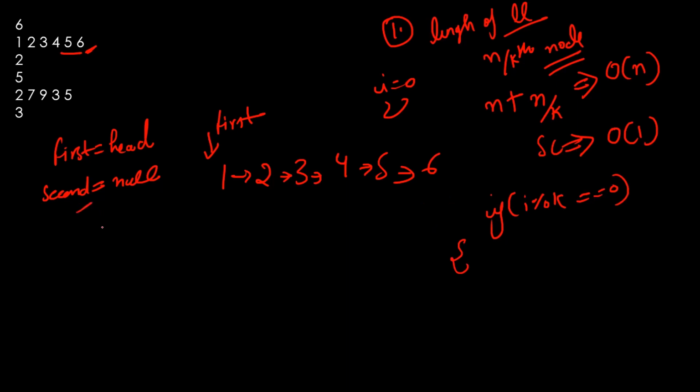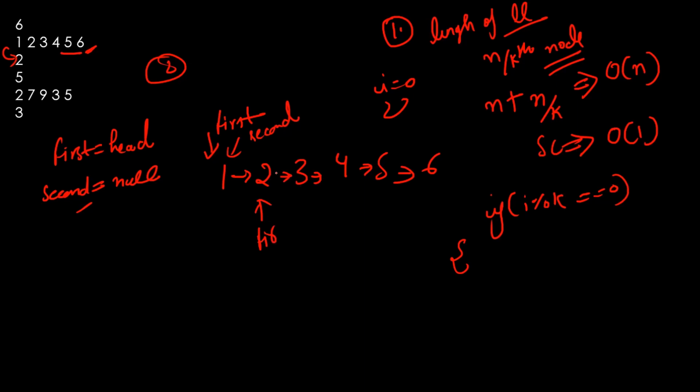right? That's what I mentioned, that for every k jumps of our first pointer, we'll be making one jump for our second pointer. Okay, but as of now, the I value is 0, and 0 mod k, where k is 2 in this case, is obviously 0 only. So for the first time, we'll be updating the value of second as head. So now second is no more null, it is pointing to head. Okay, and the first pointer will be updated.